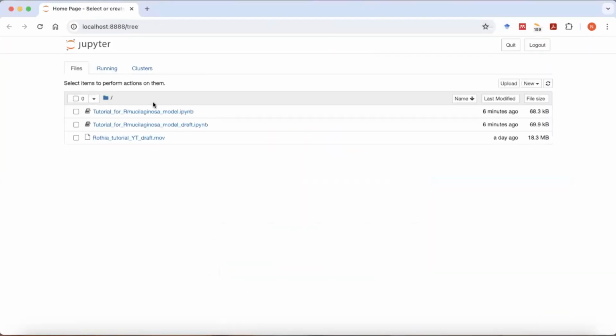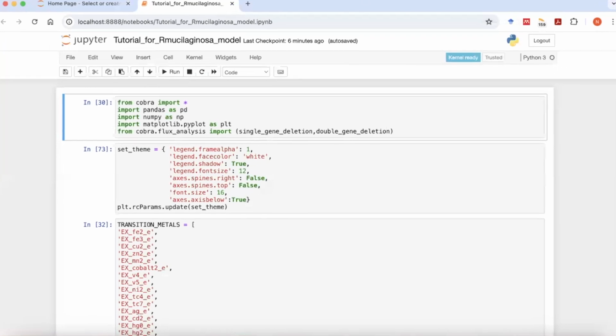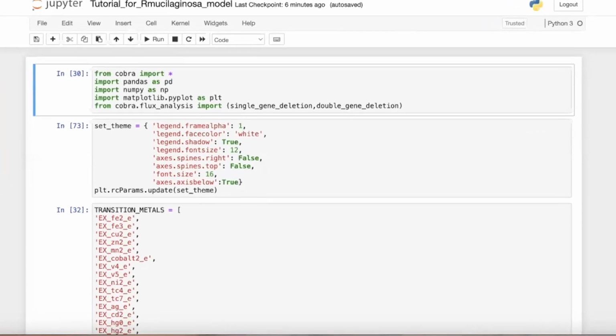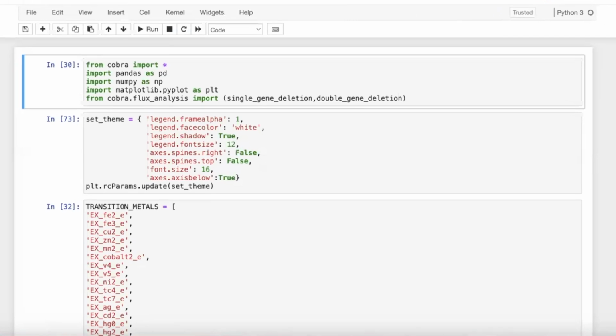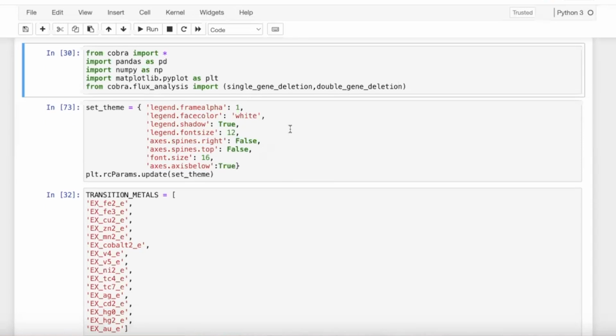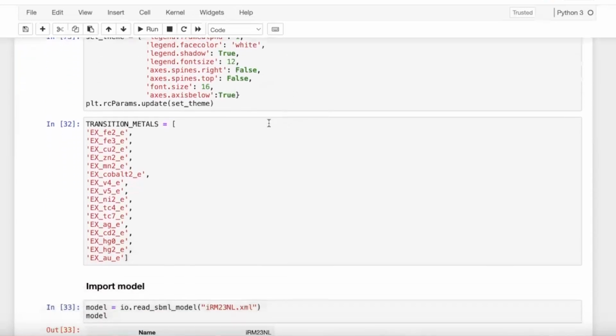And here we can open our notebook with all the functions that we will need. So for this tutorial, we will need 4 packages and their associated libraries. We're gonna use the Python language and the 4 packages Cobra, Pandas, NumPy, and Matplotlib for plotting figures. The next step here is to set some parameters that we will need later for the diagram. And here I'm just defining all the transition methods to have a global list to store them